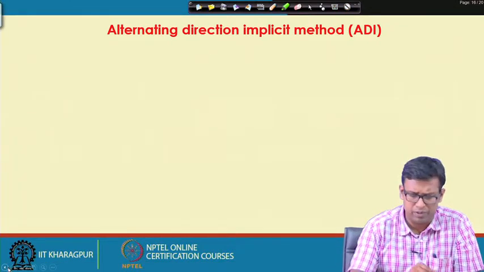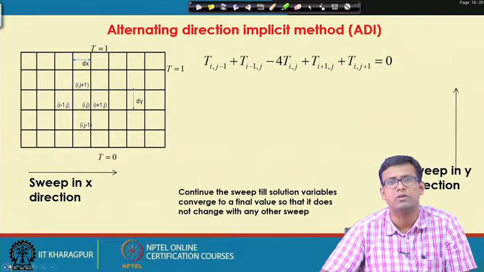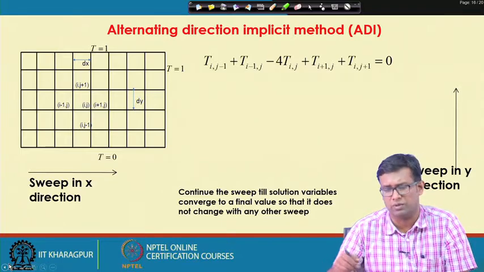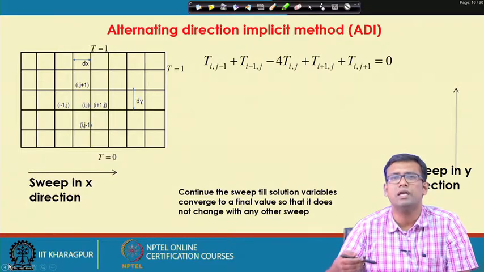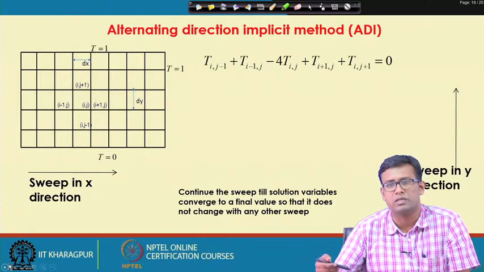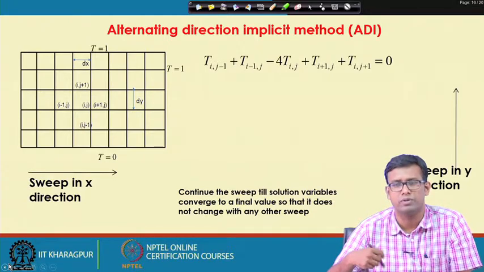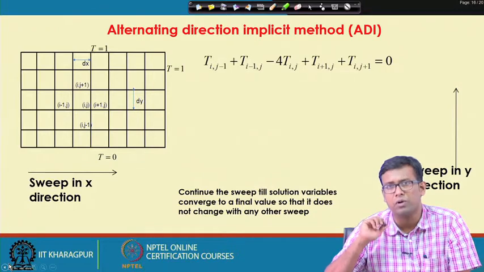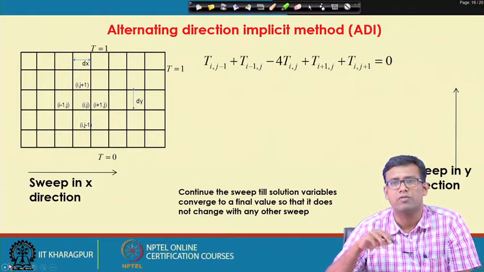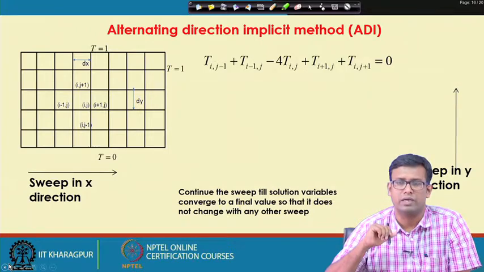Continue the sweep till solution variables converge to a final solution, so that it does not change in any other sweep. So, essentially the idea of iterative methods, solutions converging to a particular solution, all these things will be important here, and it will also be important to see the rate of convergence of this, considering it to be a basic iterative technique,